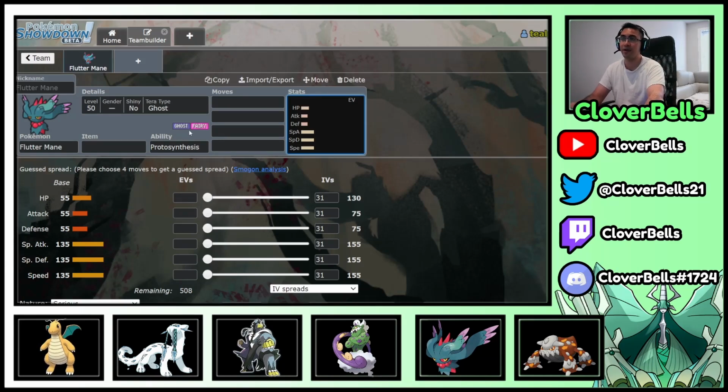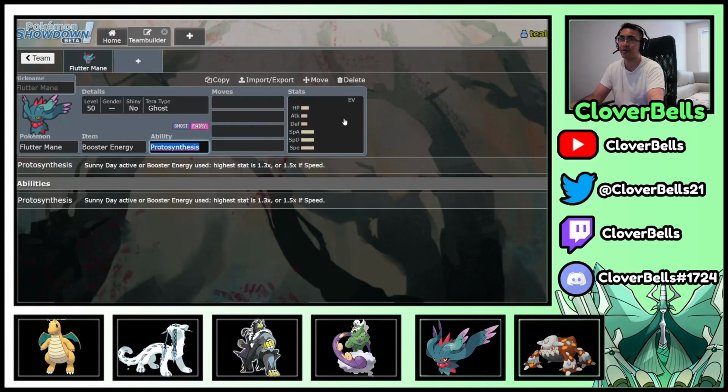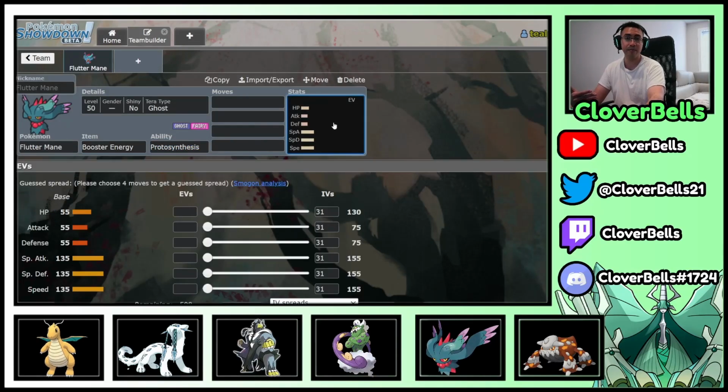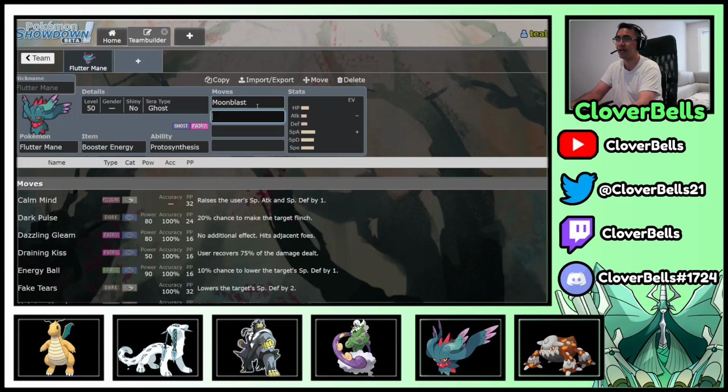You know, Ghost Fairy, very, very good typing. It neutralizes the dark weakness a little bit. Excellent special attack, excellent special defense, excellent speed. 135 is a very, very good stat. Of course, it makes use of the Booster Energy, right? Where you're able to just get another boost in the special attack department, especially if you go a Modest nature. And then from there, you can even consider a speed nature, with a Timid nature as well. All right, but typical sets would be stuff like Moonblast, Shadow Ball, Protect,